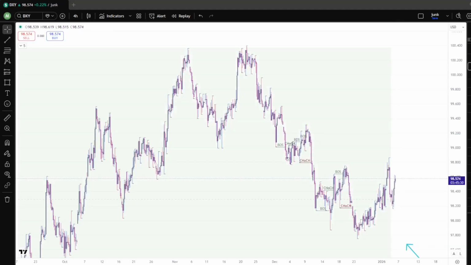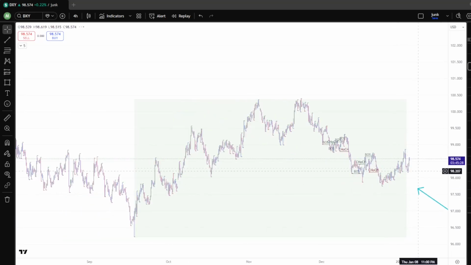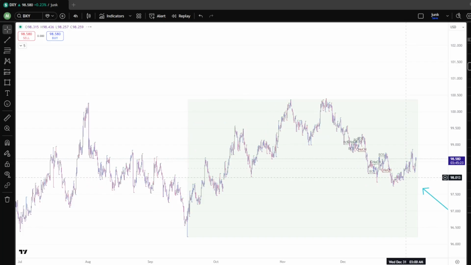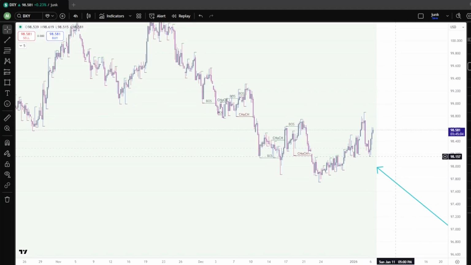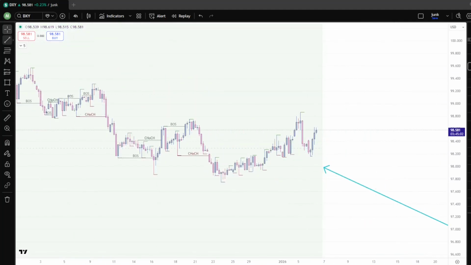And we briefly take a look at DXY. Overall, it is still in this bullish swing, just retracing, came back down internally, continuing to make lower highs, lower lows, lower highs, lower lows, and now it looks like price is pushing back up, and also just looking like it's in consolidation. It's like it's just expanding